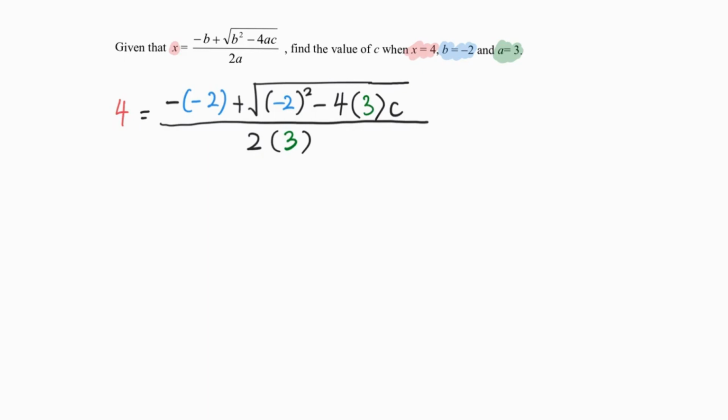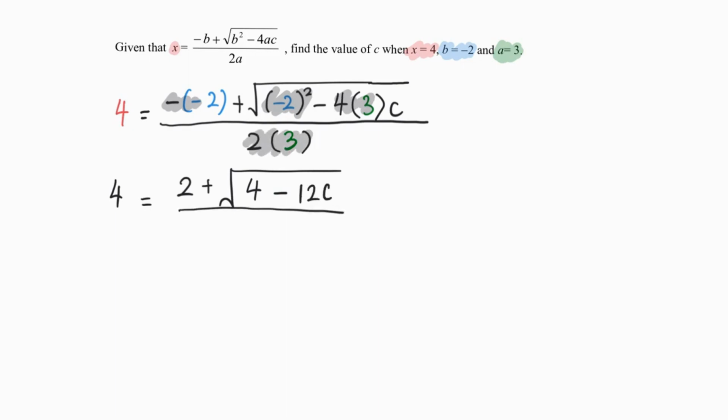Okay, we just need to slowly solve this. So 4 equals to negative and negative become positive 2 plus the square root of, this is negative 2 square will be positive 4 minus C over 2 times 3 is 6. I'm going to multiply by 6 on both sides